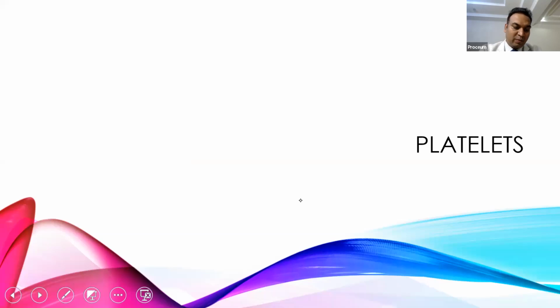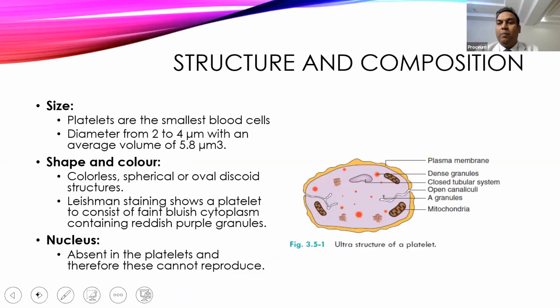So what do we mean by platelet? Platelets are actually not a cell, though we call them the smallest blood cell. They are fragments of a larger cell, and that larger cell is called a megakaryocyte. The fragments of these megakaryocytes split in the bone marrow, and these small fragments, named platelets, are released into the blood. They are one of the smallest corpuscles found in the blood, and their diameter ranges from 2 to 4 micron, and they are usually disc shaped.